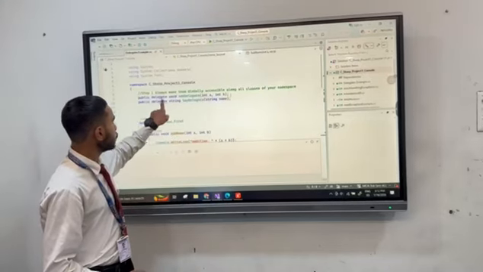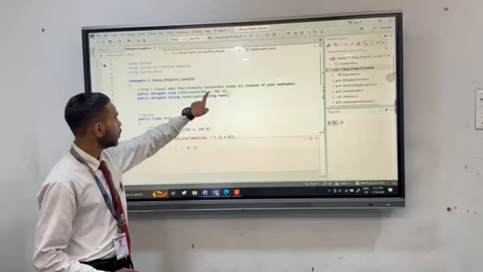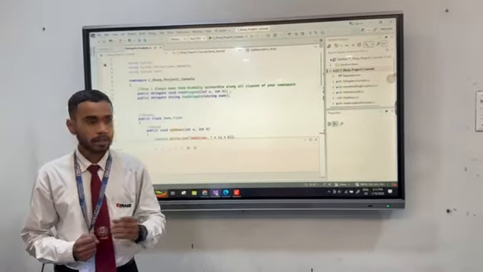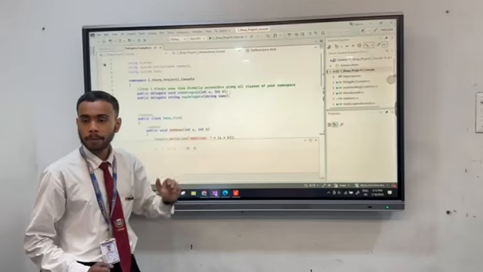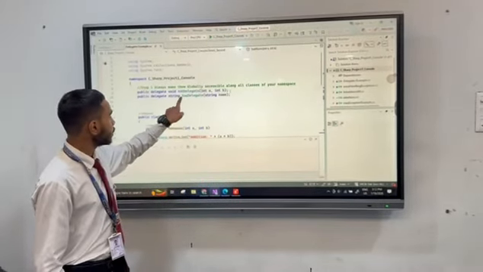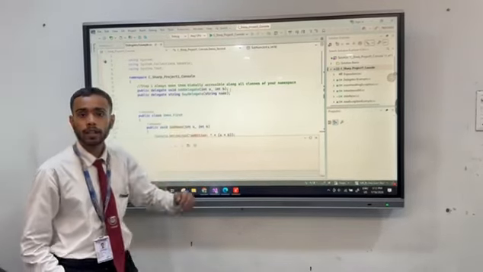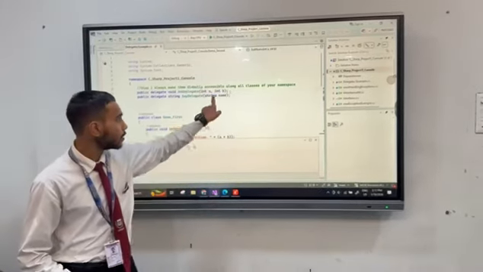The first delegate is add delegate. It has two parameters, meaning it is going to hold the reference of those methods which have two parameters, and their parameter type is int. And there is a string type delegate, say delegate, and it will hold the reference of the method which has a single parameter as string.